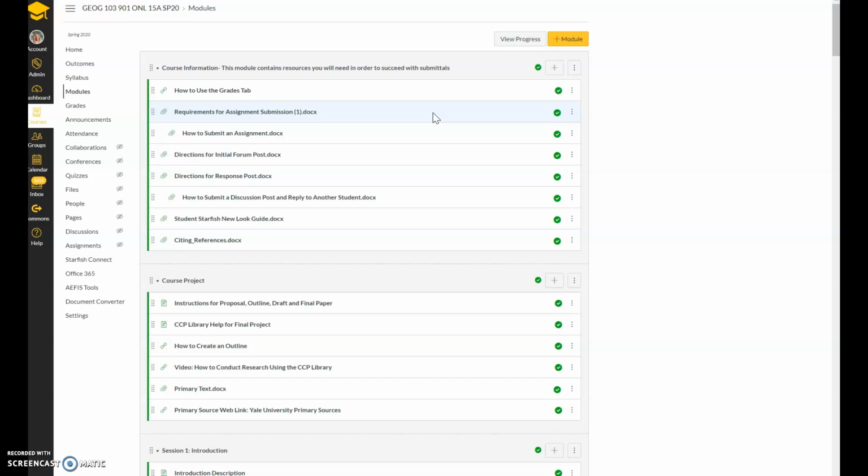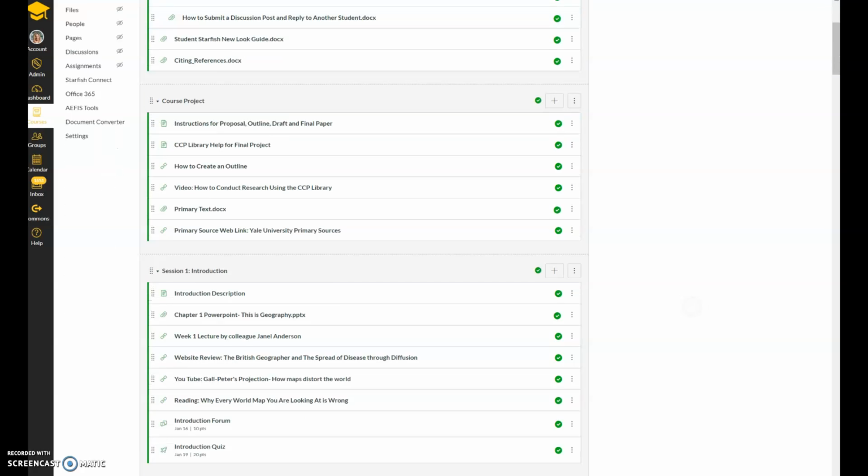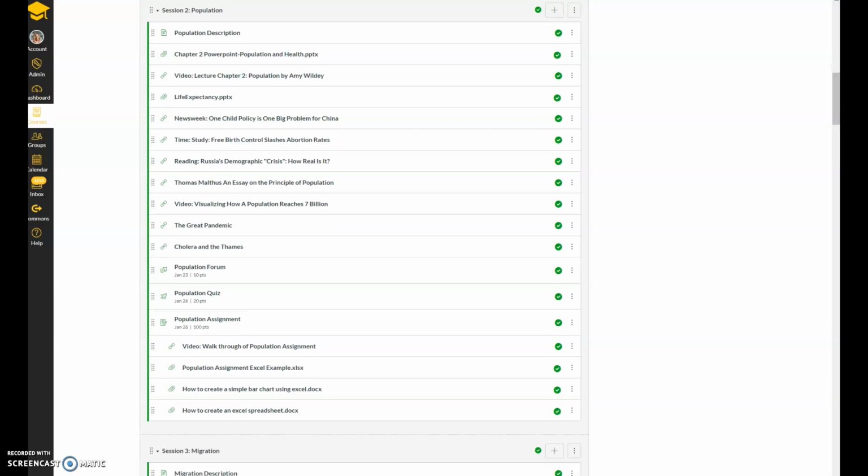Number one, do not forget by tonight, 11:59, you have your population assignment as well as your population quiz due. Remember, the population quiz relates to the textbook chapter reading on population. The population assignment is a pretty complex assignment, so I think you should start it now.